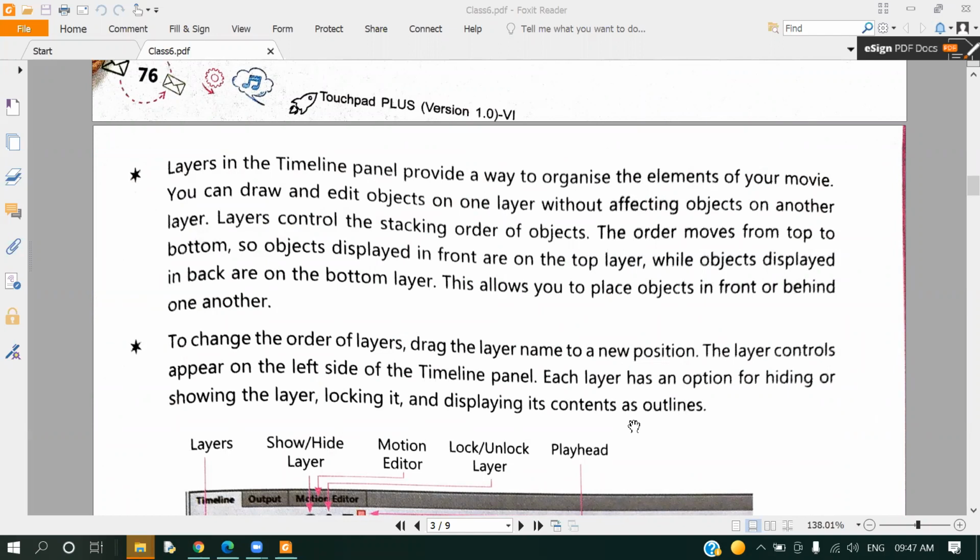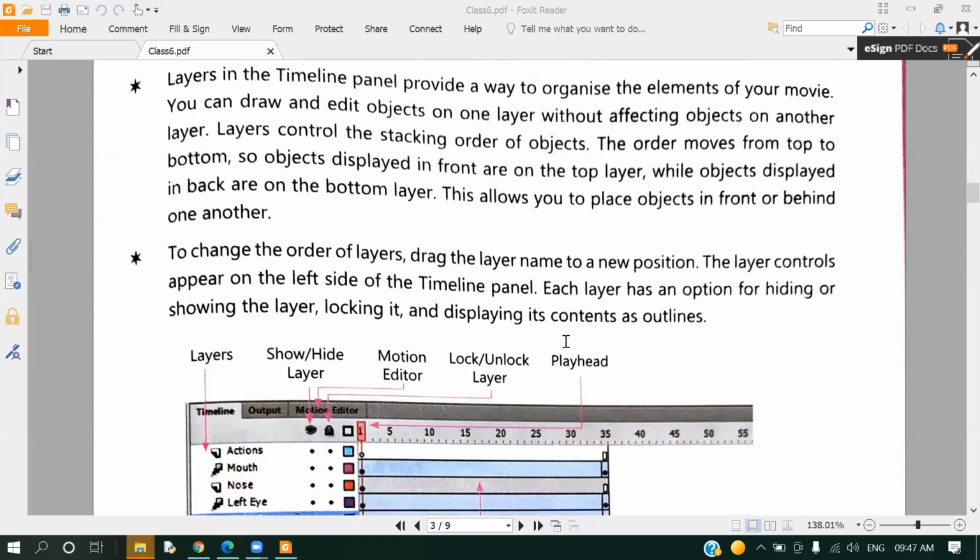Advantage क्या होगा? Whatever changes I will make in mountain, whatever editing I will do in mountain wali layer, that will not be reflected in all the other layers. But if all the pictures are on the same layer, then whatever editing I'm doing on one picture it will be taken care by the whole group. That is why we used to create different layers.